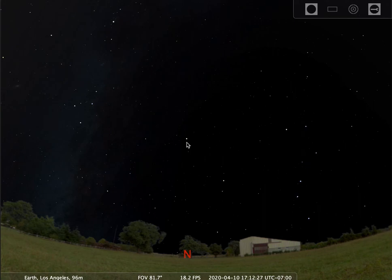But if I were you, it's that very familiar bowl pattern of the Big Dipper that I would always try to find first. And keep in mind, it is huge. I'll tell you about how big it is in the next couple of videos, but like I said, it's really something to behold. It takes up a good swath of your field of view to see this thing. So, okay,